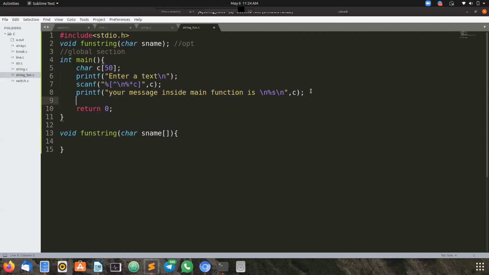So after printing this message, I want to call this function. As you have already studied, you know what a calling function and a called function are. In this main function, first I will write this statement, then I will explain.